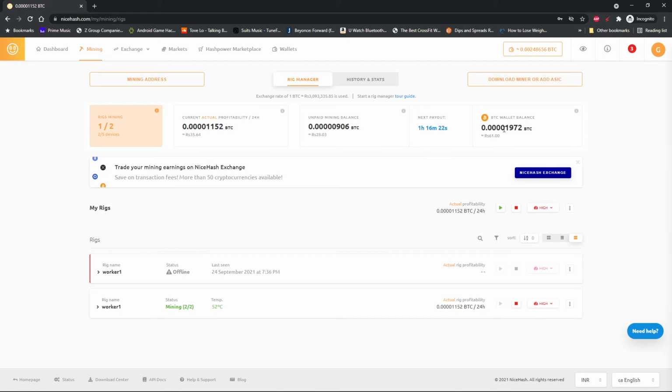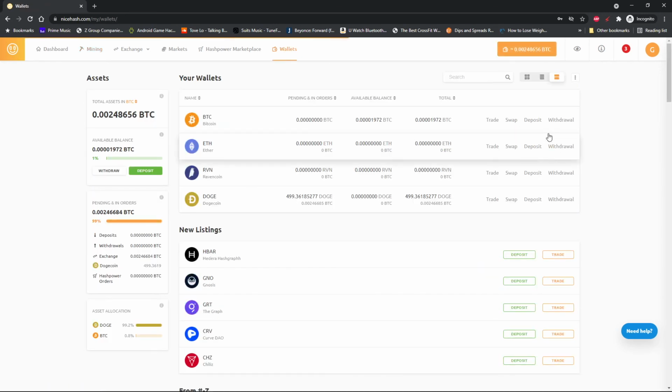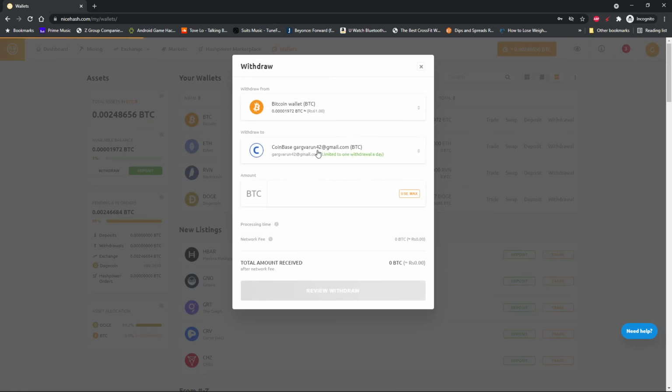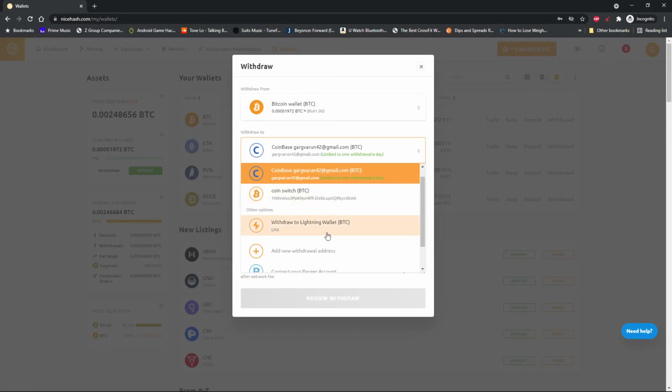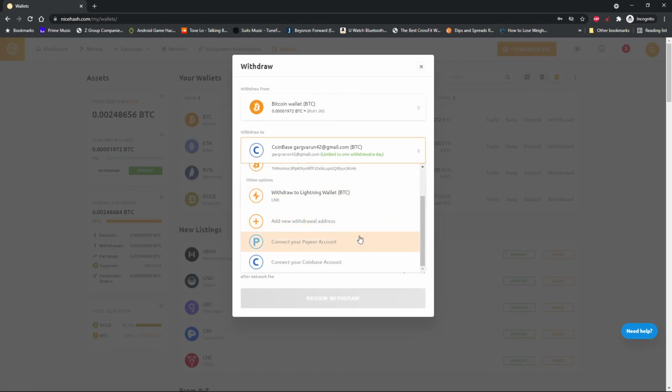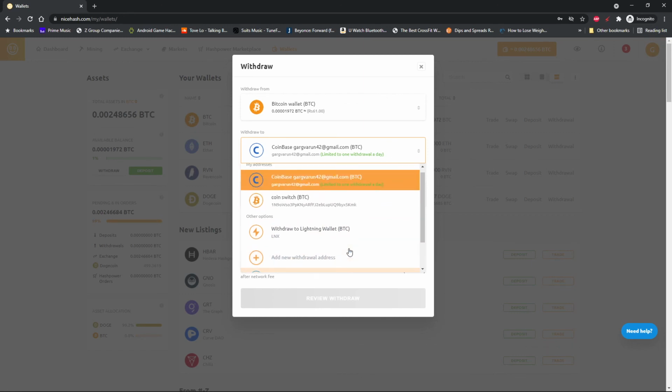After the mBTC wallet, when you have 100,000 here, you will be able to cash it out to whichever wallet you use. In India, I use WazirX and CoinSwitch. So that's where I take that money out. I go to wallets, click on withdrawal, and I can simply add a new withdrawal address, put it in, and withdraw it out.